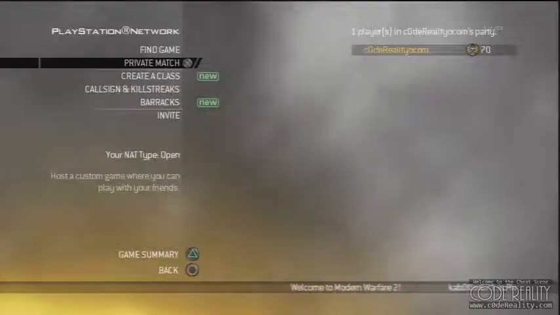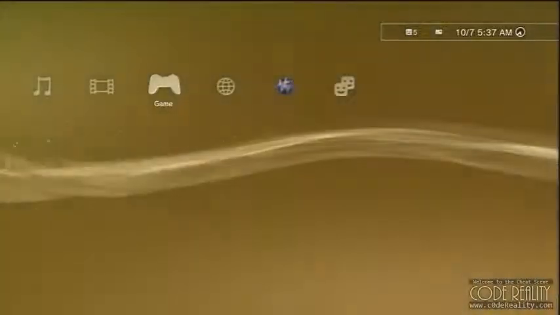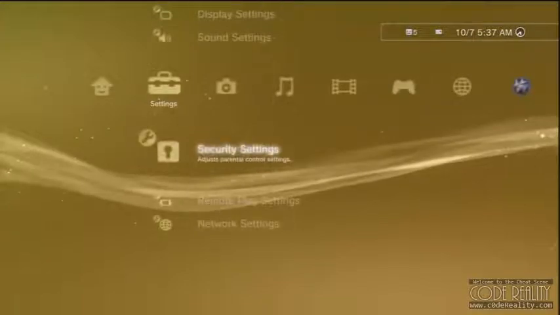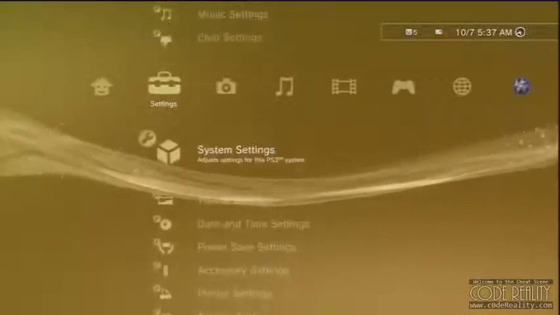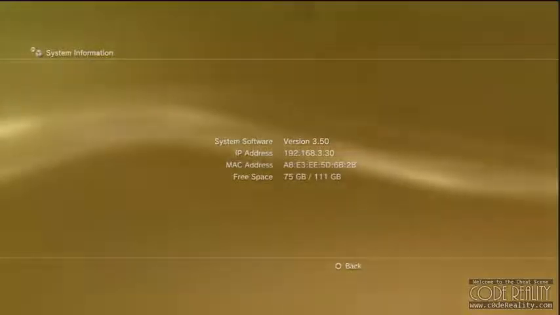The easiest way to change patches, if you plan on doing this a lot, or if you want to use multiple patches, like maybe you have a zombies patch where you can play zombies with your friends, maybe you have a challenge lobby patch where you can do challenge lobbies for your friends, and maybe you have another patch where it's roll the dice or whatever, right? Instead of doing the FTP server, blah blah blah, each time you want to switch the patch on that system, you can go out and you can buy